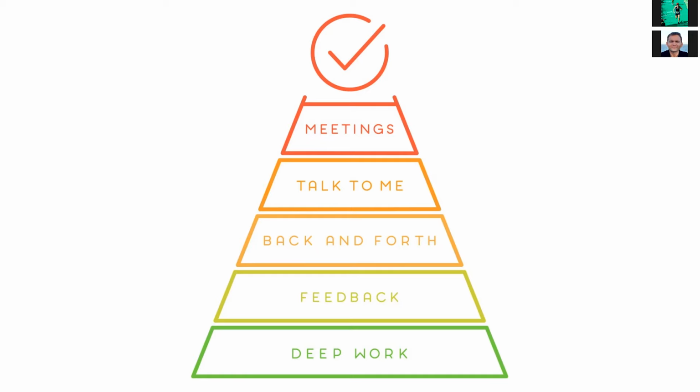And then there's the third level, which is also text-based. It's back and forth. This is where you exchange messages, where we chat, for example. We chat through different applications and exchange messages. So, for example, I ask something of Natalia, she responds to me, and we chat just to make sure that we are on the same page. And this is the third level of communication.